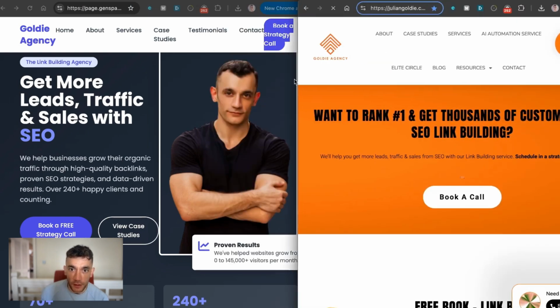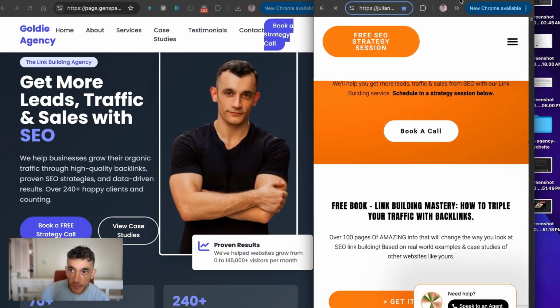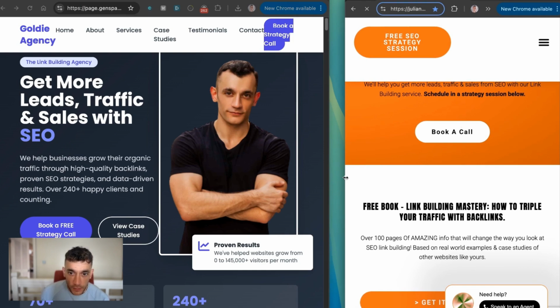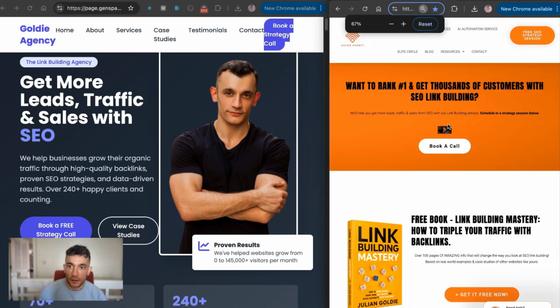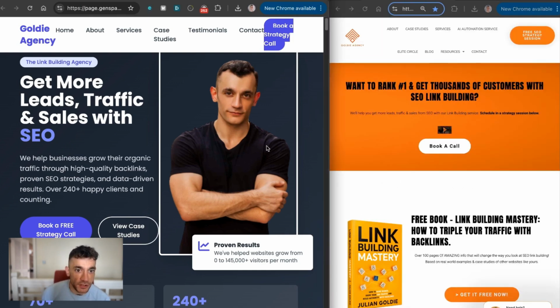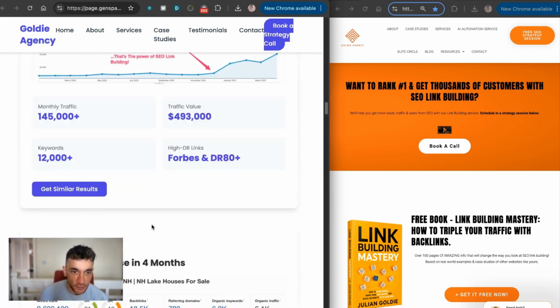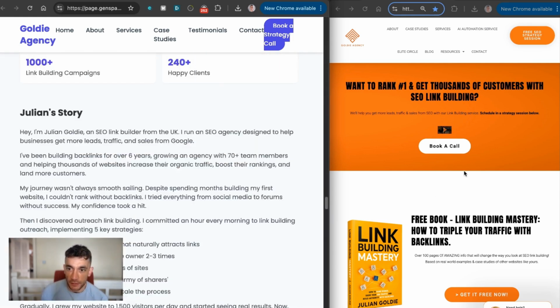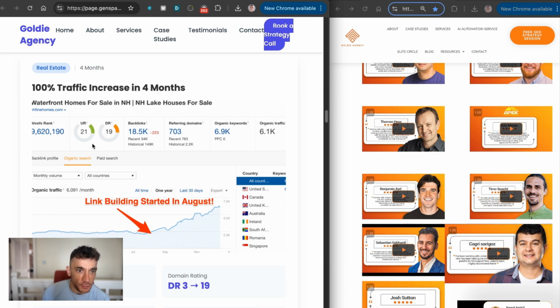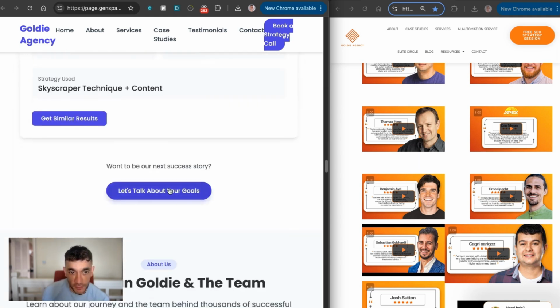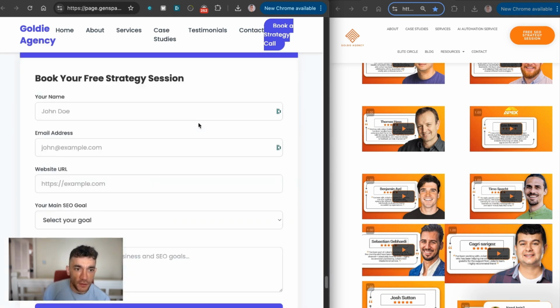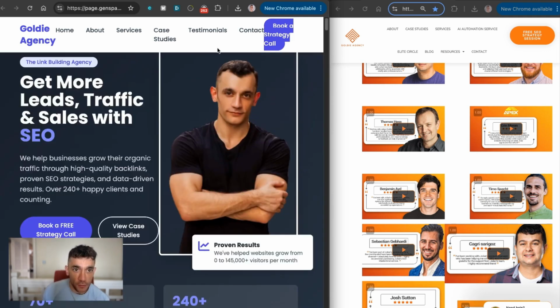Let's compare these side by side. So this is my actual website, and this is the design that came from Genspark. This didn't cost me anything to generate, but the AI agent just researched me and then went off and did its magic. This is my main site, like you can see right here. You can see here, for example, it's just a bit more interactive. It's got nice animations. This is better than anything I've ever seen designed by Bolt, for example, as well,